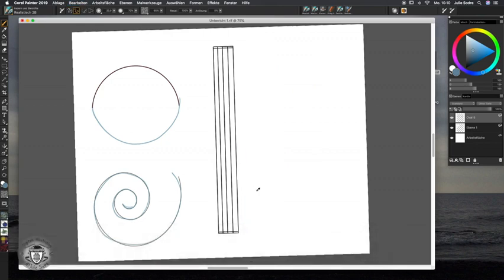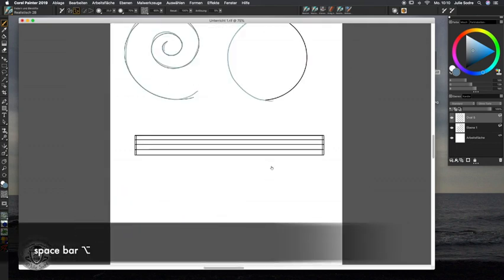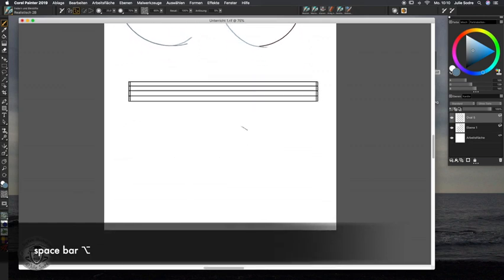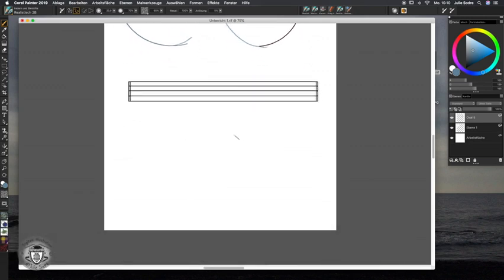I would like to have the paper back to the position that I started with, so I press spacebar and Option, double click it, and I would tell you guys to stop trying. Oops, it's always good to make mistakes on tutorials. I would like to have the freehand line again. Mistakes are going to be made a lot, and I think it's a good way to learn from mistakes as well. So try to make an apple